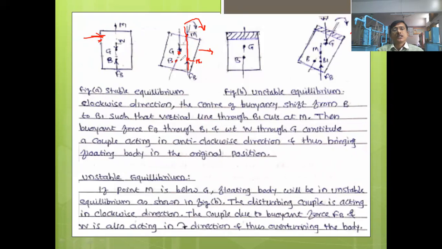It always passes through the M and this Z, this weight always acts through the Z. So this is going to form a couple as both have the same weight. We know that in a floating object, the buoyant force is equal to the weight of the object according to the principle of flotation. We have studied that the weight of the object is equal to the buoyant force. So this is the equilibrium condition, and here we are studying whether it is stable equilibrium or unstable equilibrium